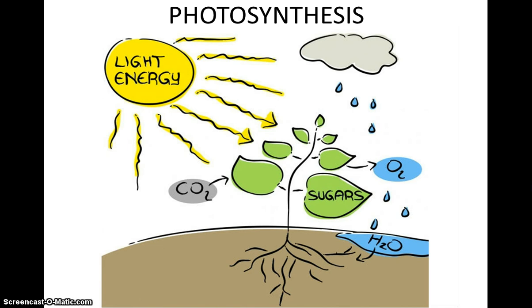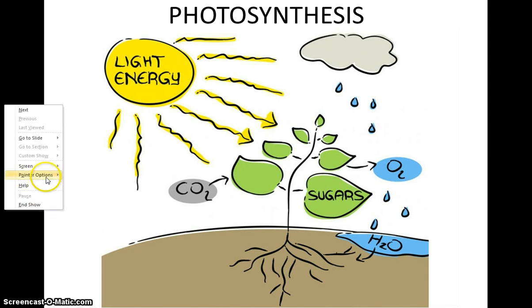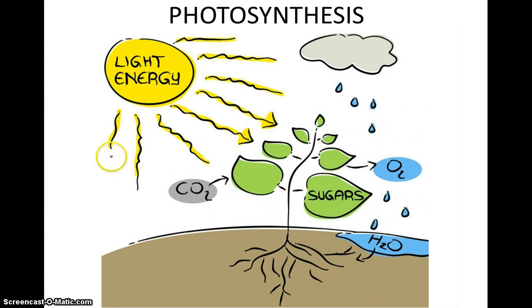So we're going to write out the actual equation for this. And you can kind of see in this picture what the plant needs in order to do photosynthesis and what is made or released due to the process. So let's go ahead and start out. Let me get my pen going. One thing that is needed by the plant, obviously for photosynthesis, is the sun. So